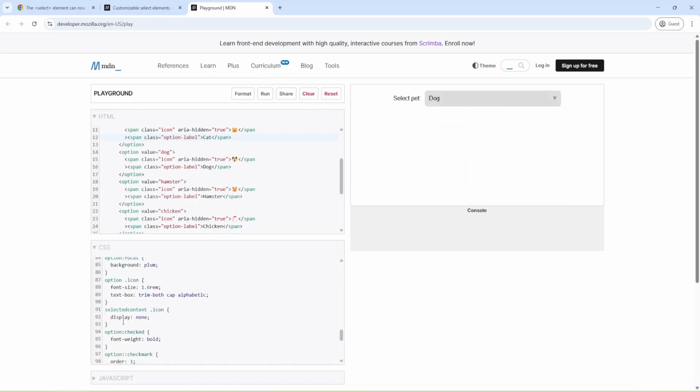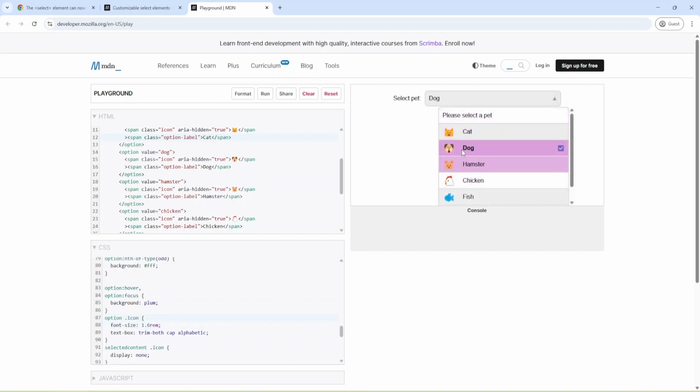The icon for the selected content has display: none, and for the non-selected content we have some styles for the icon.